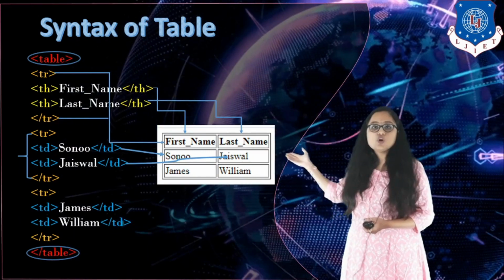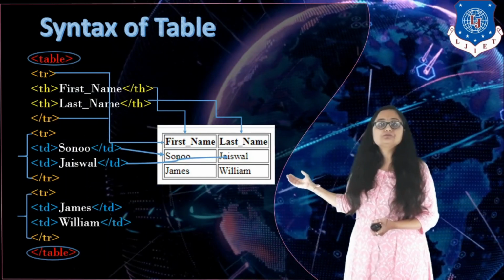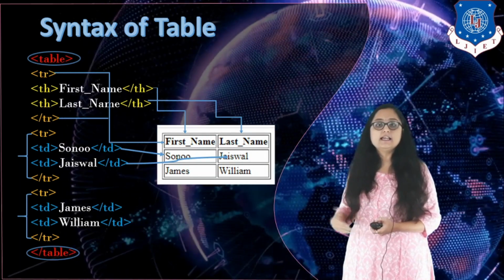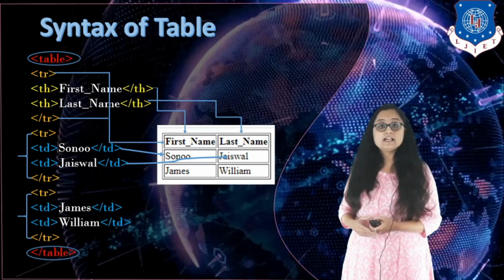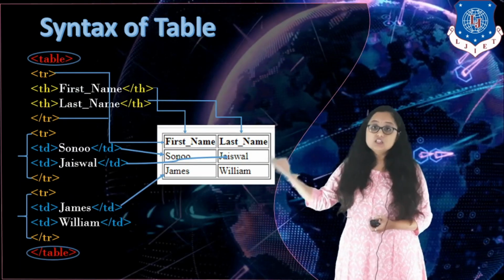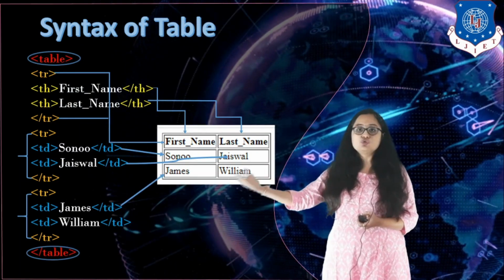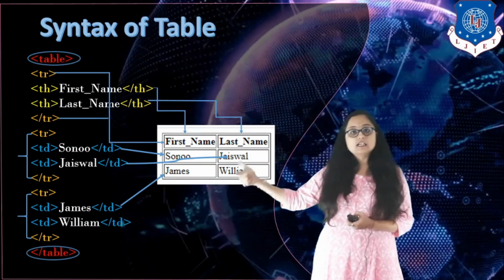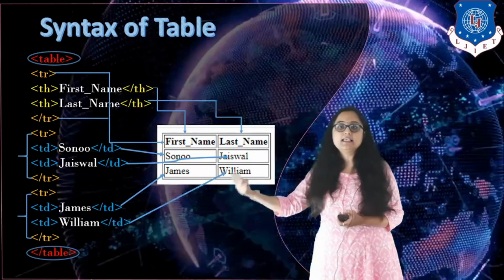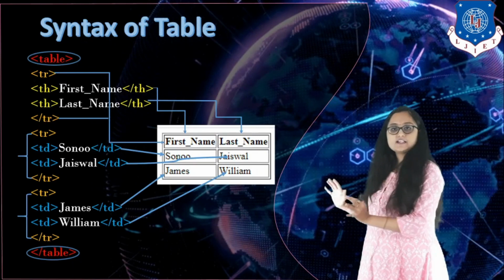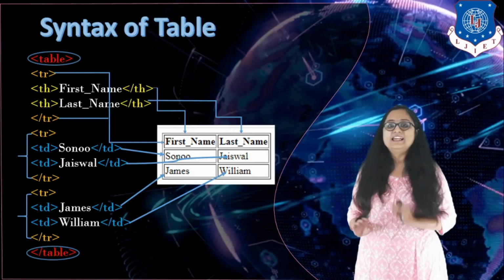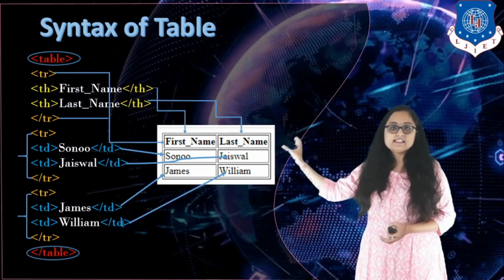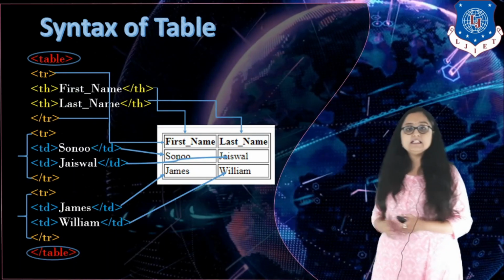Now the second row is also completed. Now we are left with only the third row, right? So for the third row also I have to declare a TR tag and I have to close my TR tag. Now you can see that in the third row also you have 2 cells or 2 columns, and inside the columns I have 2 values. So for that I am declaring 2 TD tags again, and inside TD I am writing values. So this is the basic structure of a simple table without any complexity, where you have 3 rows and 2 columns, and inside the cells you have some data, right? I hope this syntax is clear.